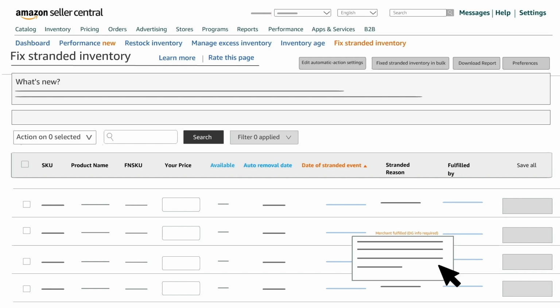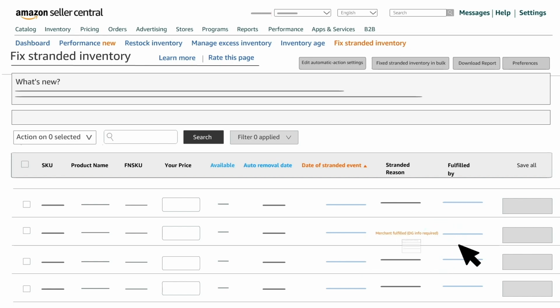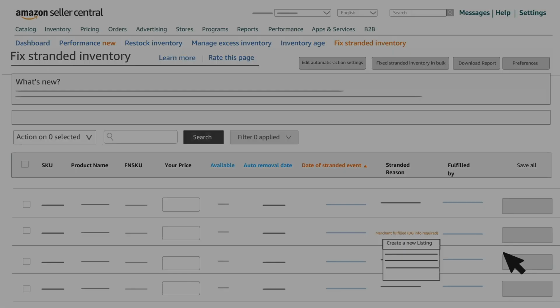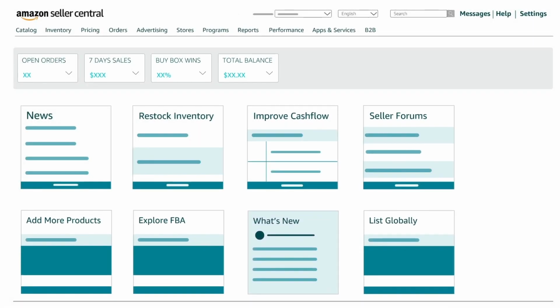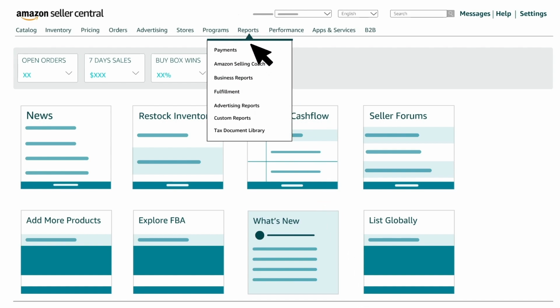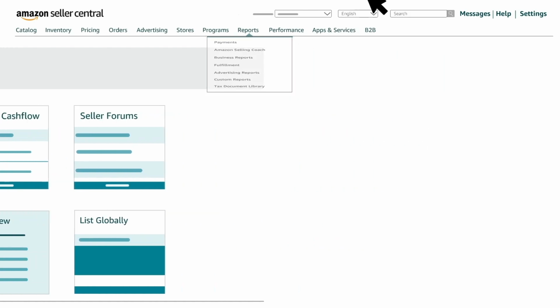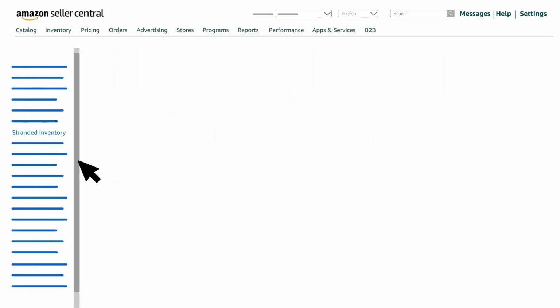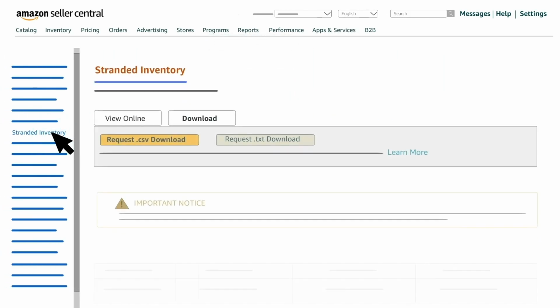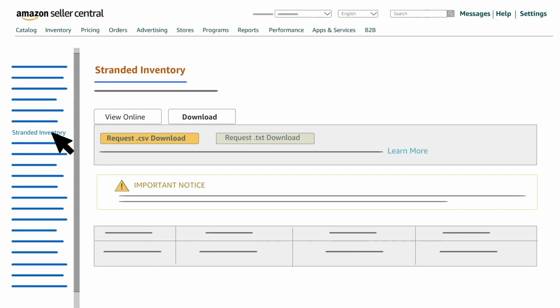For each listing, you can see how to fix the issue explained in the stranded reason column. Select your action from the drop-down menu on the right. An additional source of information you can use is the Stranded Inventory Report. From your Seller Central homepage, hover over Reports and click on Fulfillment. Then, from the Inventory section on the left, click on Stranded Inventory, which will display the stranded reasons and actions